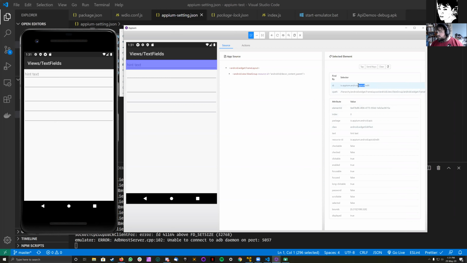Now, the issue I have with this app is the best selector that you can use is the